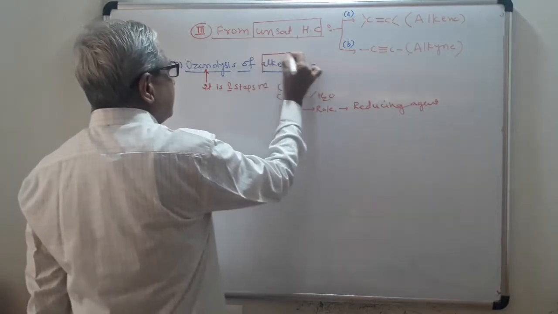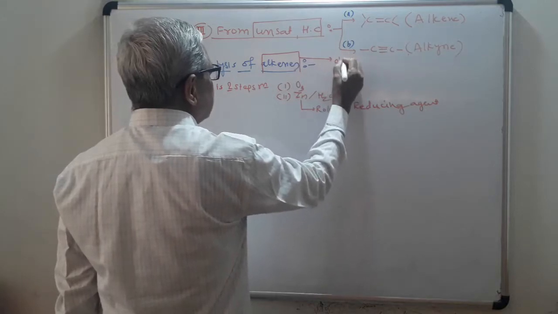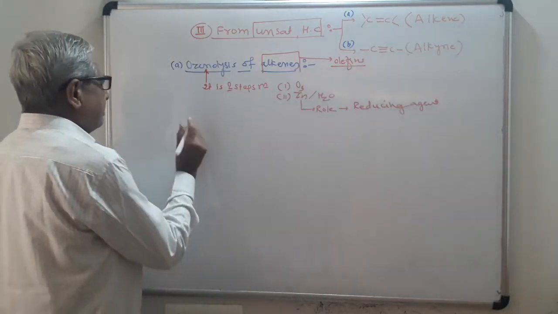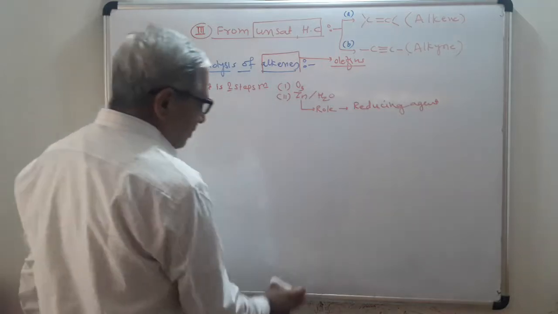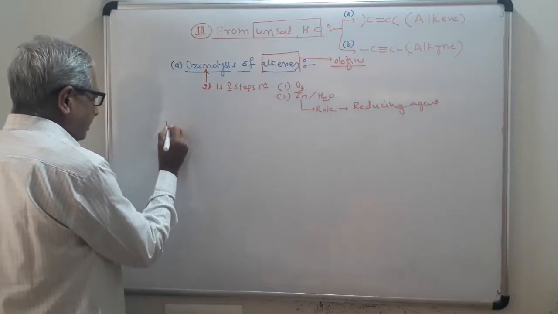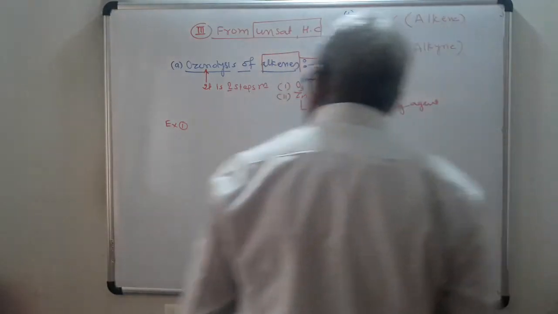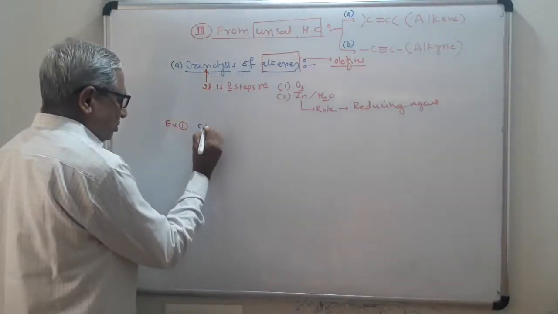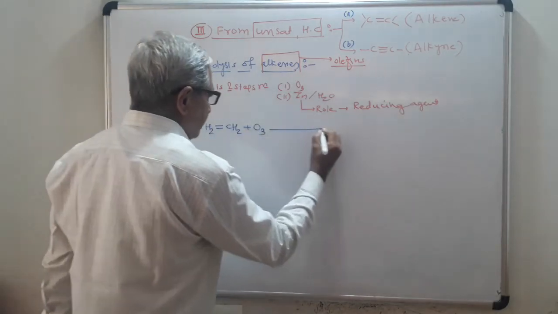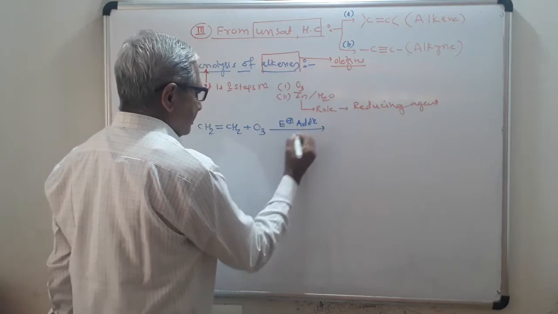Now see the reaction here. Alkenes are compounds containing a carbon-carbon double bond. Alkenes are also called olefins. So see the example here, part A with aldehydes and ketones. I can prepare both aldehydes and ketones here. See the simplest example, example number 1. If you take the simplest alkene, that is ethene, CH2 double bond CH2, you will add O3. This is an electrophilic addition reaction.